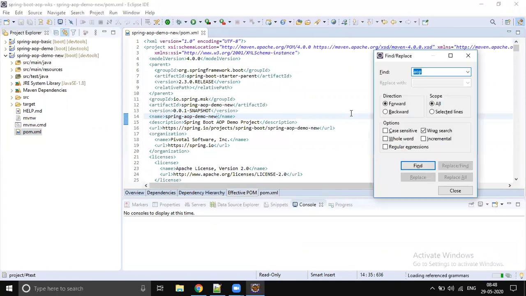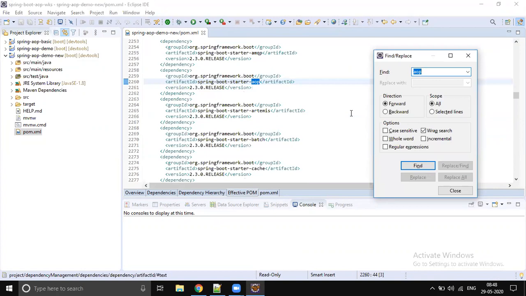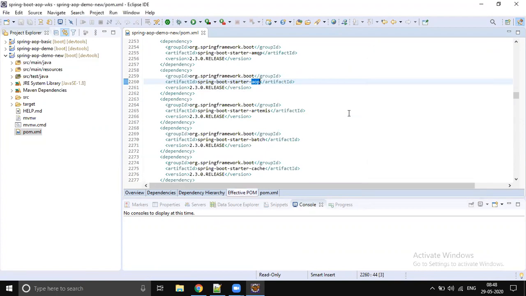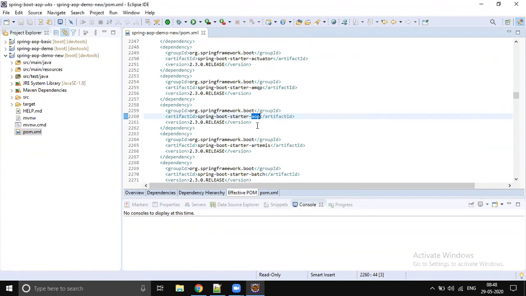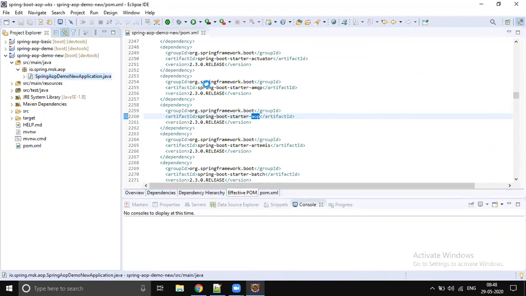Yes, the boot starter AOP is added, so AOP features are available with the plain starter itself.